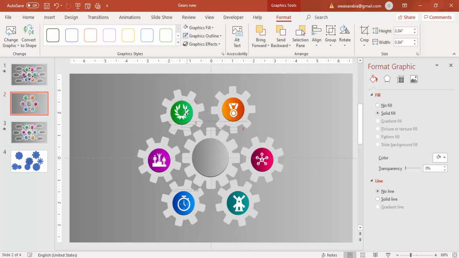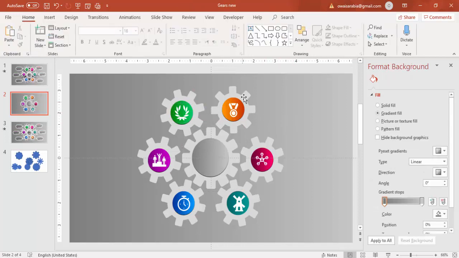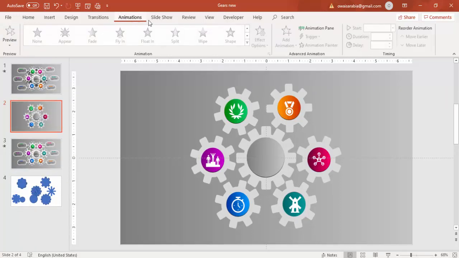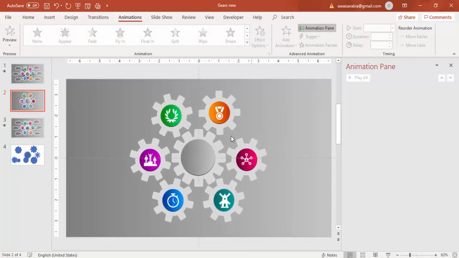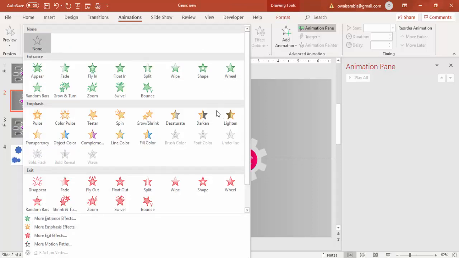So I've added all these icons, and then I'm going to give the animation for this. To do the animation, go to animations tab, enable the animation. First I'm just going to select the gear. I'm not going to select the circles. I'm just going to select the gear only, and then click here the down arrow key, and